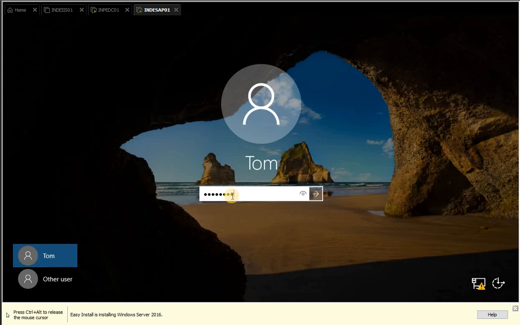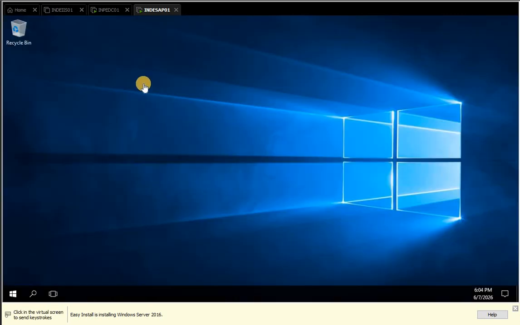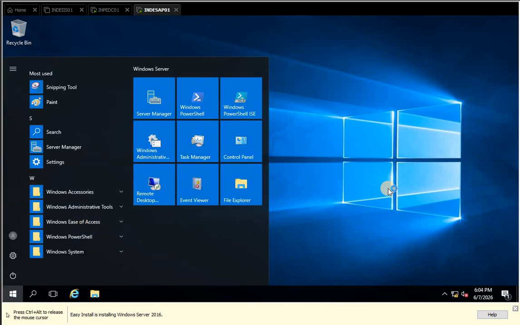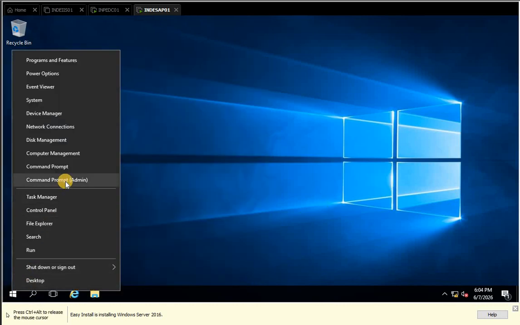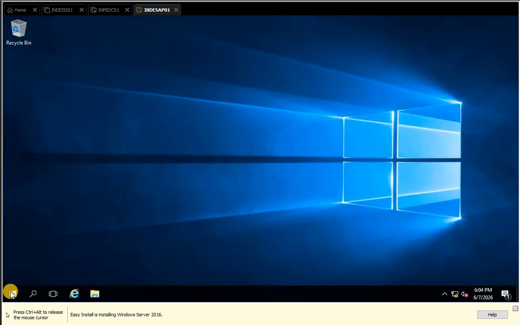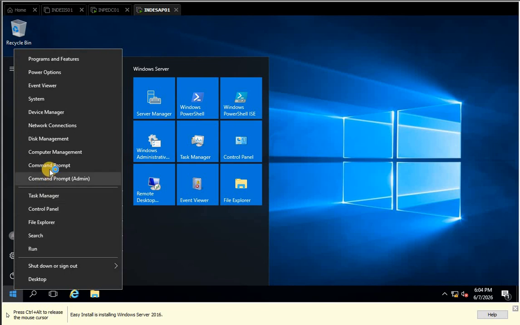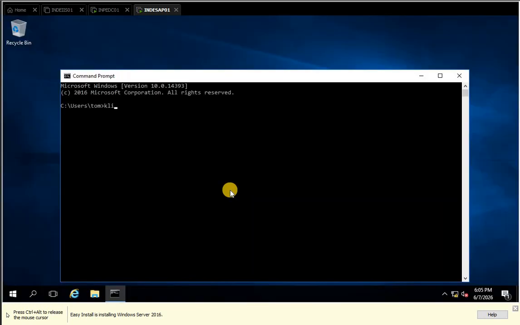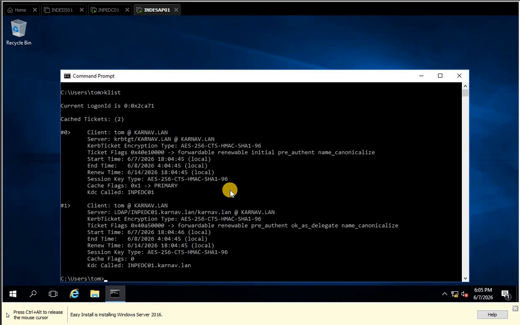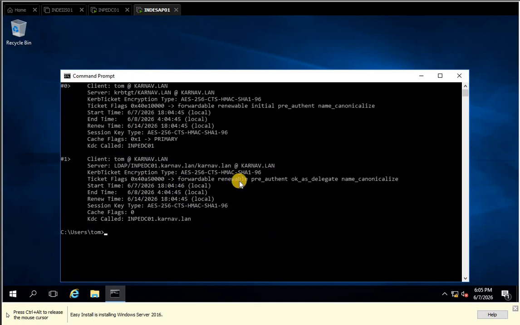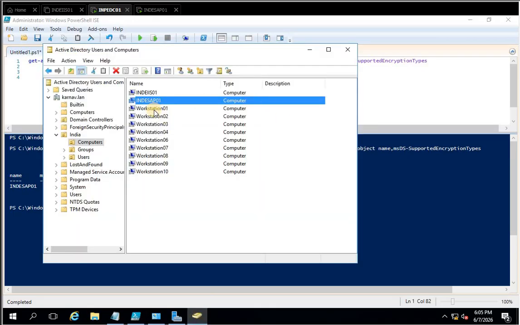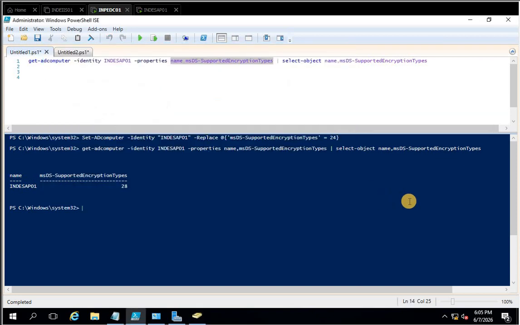We logged into the computer and we open CMD. Why opening as administrator? This one is fine. klist. Okay. So even though the value of that particular attribute is 28, the computer or Kerberos is using AES because